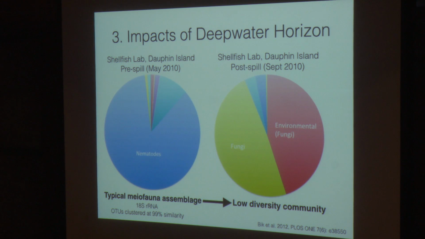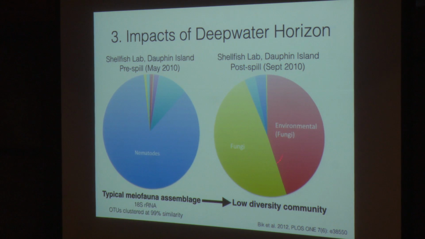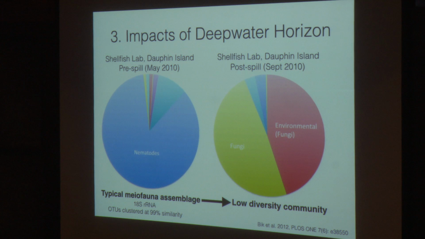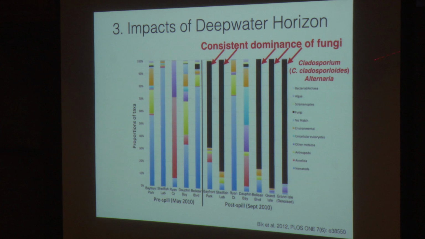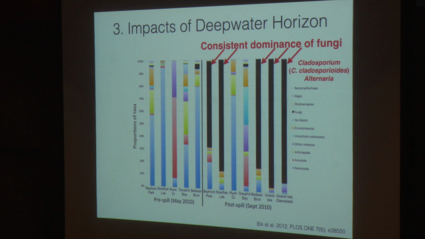So that was in May before the oil hit. And then post-spill beaches were showing almost exclusive dominance of fungal taxa in September 2010, despite the beaches looking pretty clean. And so this wasn't just one site. This was consistent across sampling sites, as illustrated by these black bars. So it was a consistent dominance of fungi all around Dauphin Island,